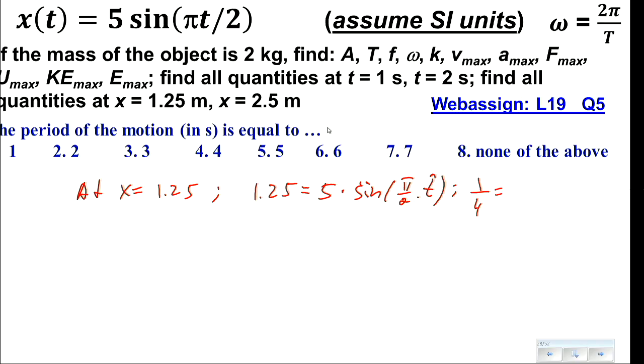That's supposed to be equal to the sine of this particular time. Now you're going to take the inverse sine of that, right? Pi divided by 2 times this particular instant should be equal to the inverse sine of a quarter. Let's just solve it. This will be equal to 2 divided by pi times